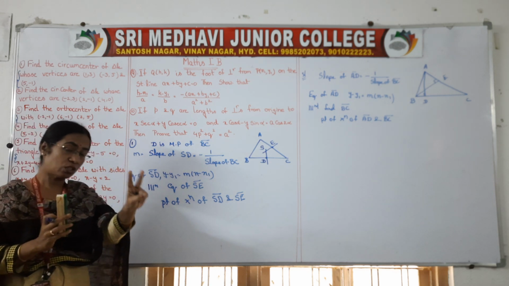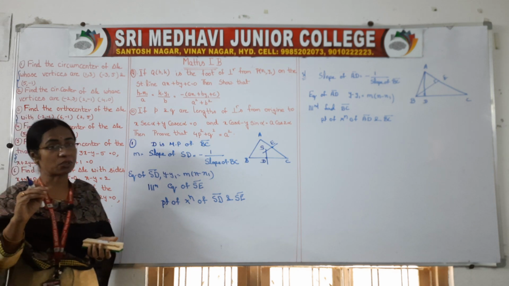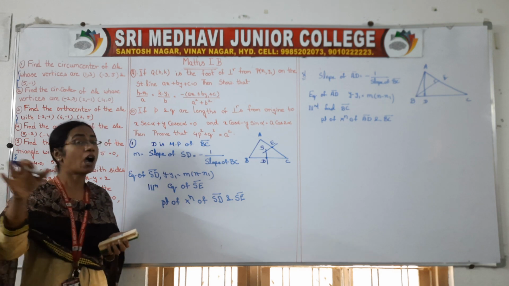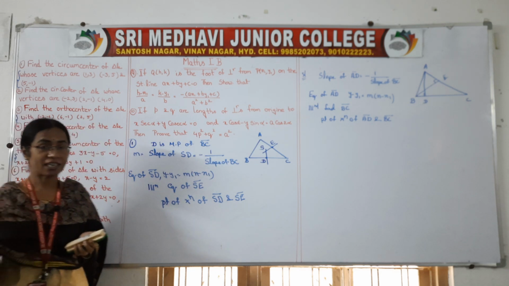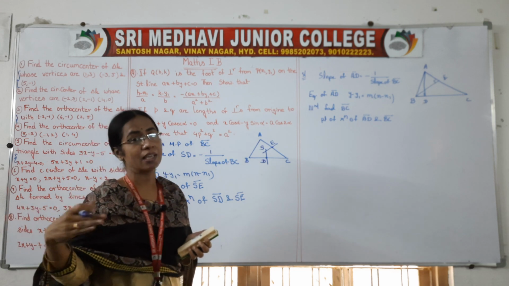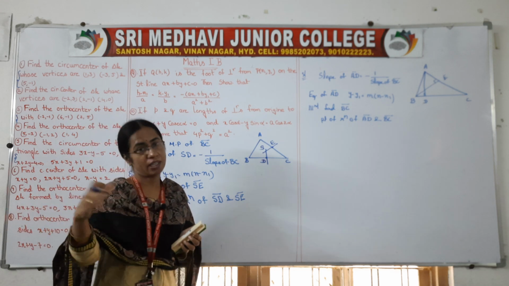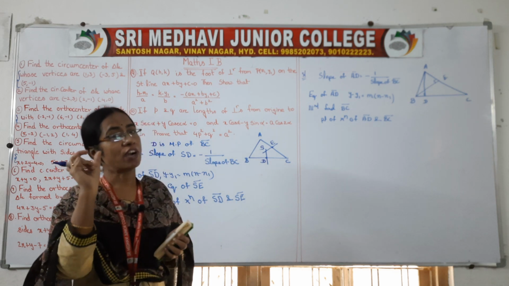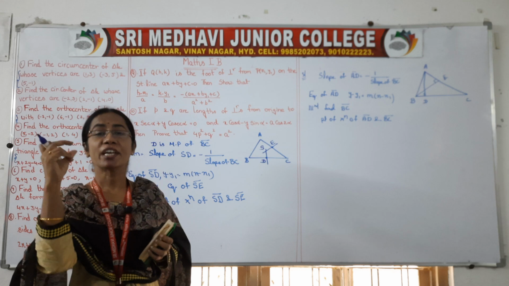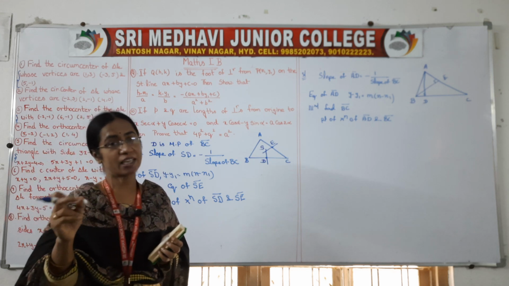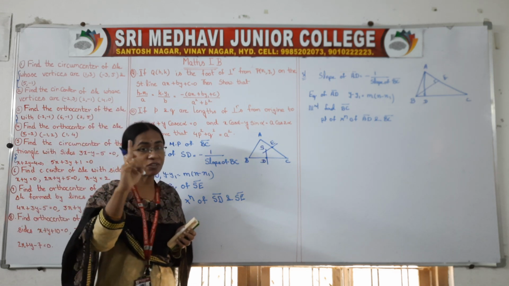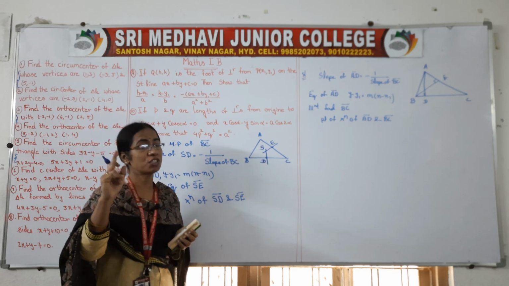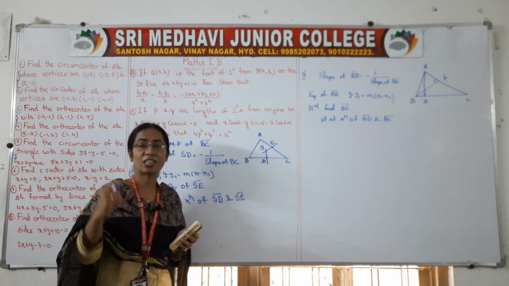See, in the first and second questions, vertices are given to us, but now the sides are given. If sides are given, how do we find the circumcenter? If you go through the records, in your Maths 1B videos, right at the beginning there is a heading on finding the circumcenter when the sides are given. Go through it and practice. I have given one question model-wise. Here two are there. First go through that one question, then solve the second one.